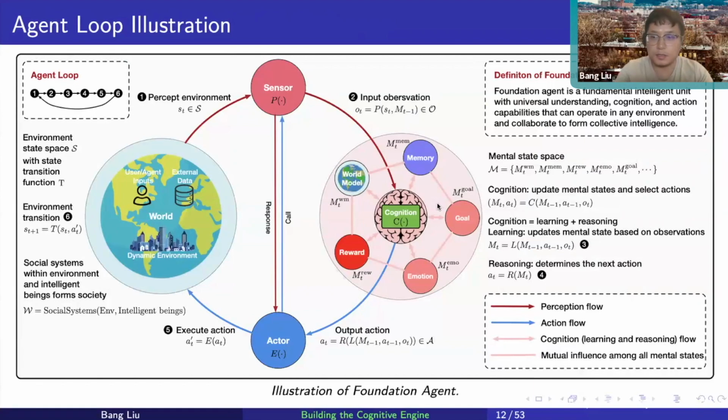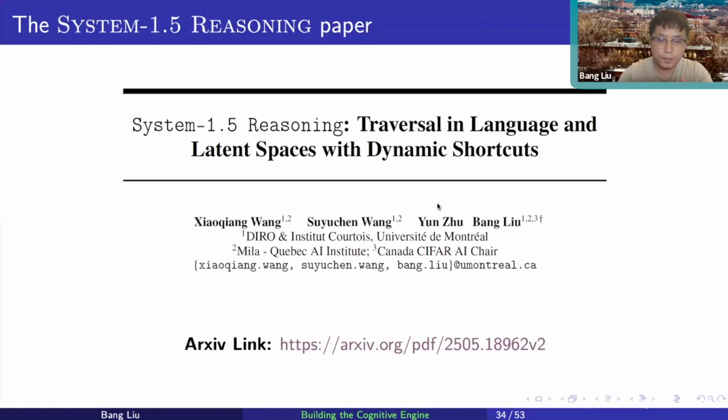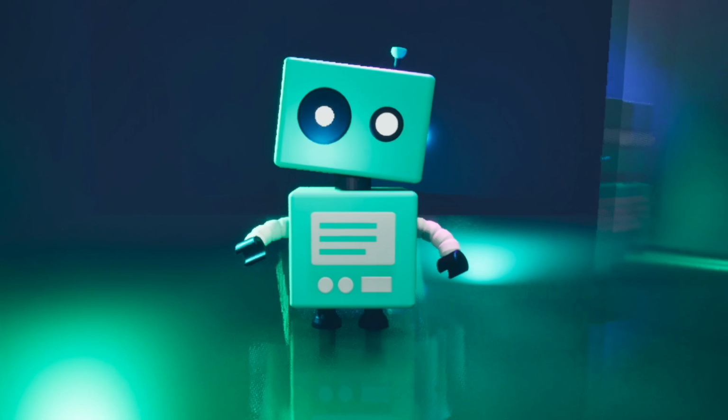So first, what exactly is a foundation agent? We call it foundation because we think it can be a generalizable fundamental intelligent unit, which can be composed together to form powerful multi-agent systems. Reasoning is more about your current decision making, to decide what actions to take based on the current context. We want to combine the advantage of both system 1 style fast, intuitive reasoning with system 2 style more deliberated, slow, deep reasoning.